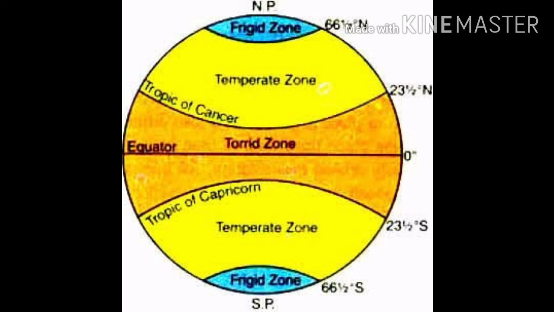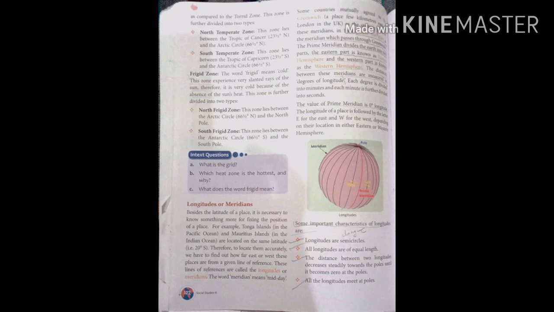Now, our next topic is longitudes or meridians. The latitude of a place is not enough; it is necessary to know something more for fixing the position of a place. For example, Tonga Island in the Pacific Ocean and Mauritius Island in the Indian Ocean are located on the same latitude. Therefore, to locate them accurately, if we want to know the exact location of Tonga Island and Mauritius Island, where they both are situated, we have to find out how far east or west these places are